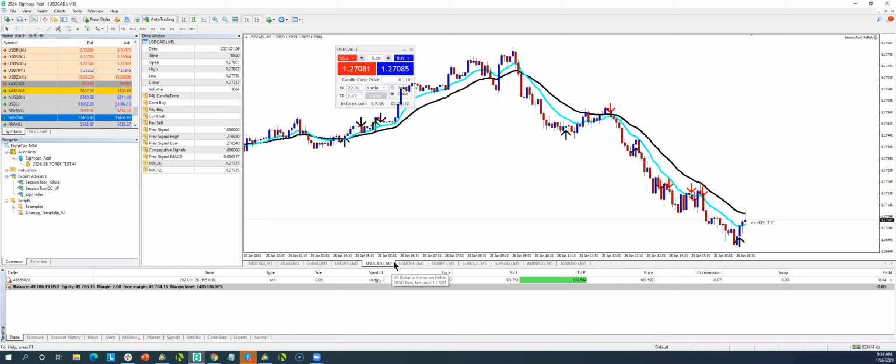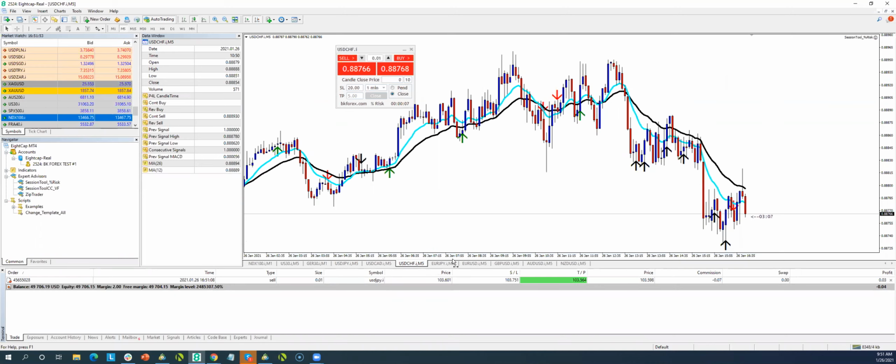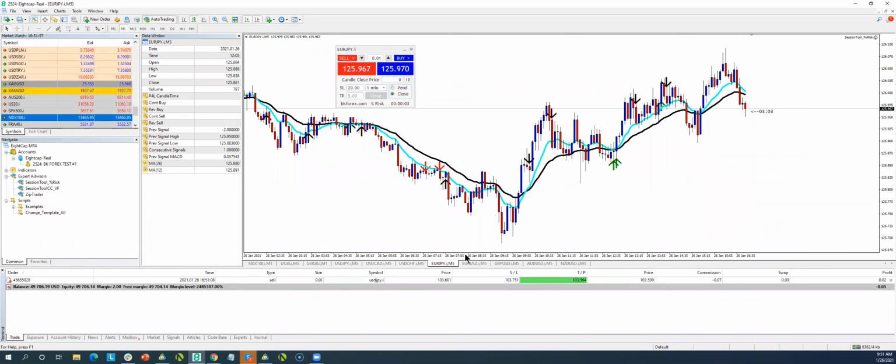Canada looks like the trend to the downside is sort of exhausting itself a little bit. Dollar Swiss, just a chop zone. I really hate dollar Swiss. Euro yen. So euro yen could be an interesting setup. We'll watch this because